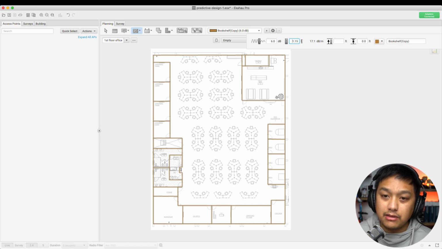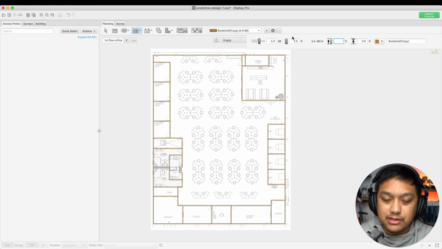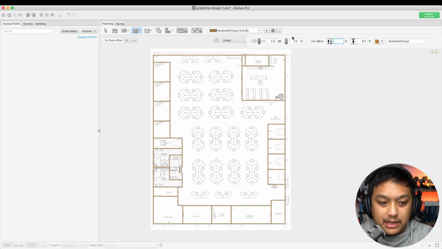You can set the width of that wall. So is this one set to 1.15 feet? If you do know how wide that is, you can change that. So maybe these walls are crazy and it's like 3 feet. And then even that doesn't change the attenuation though. No, it's just I like to add as many details as possible,